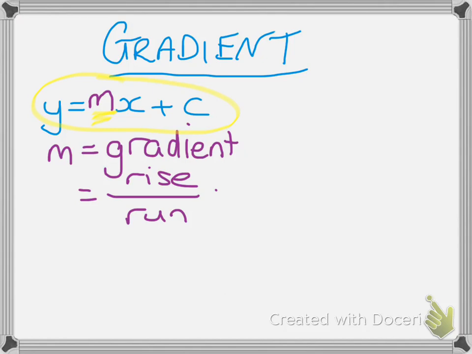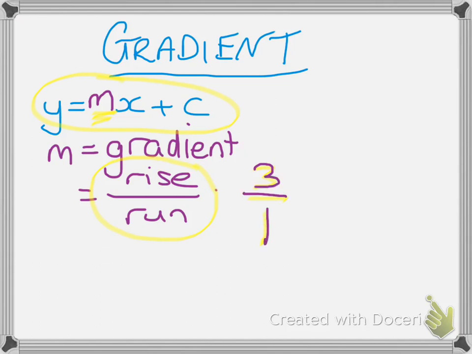So it's the number that sits in front of the x when we have our equation written in this standard form. So m being gradient, and it's also called the rise over the run. You can see that's written as a bit of a fraction. It might be, for example, a 3 over 1. So we would say that the rise is 3, and the run of 1 would be the measure of